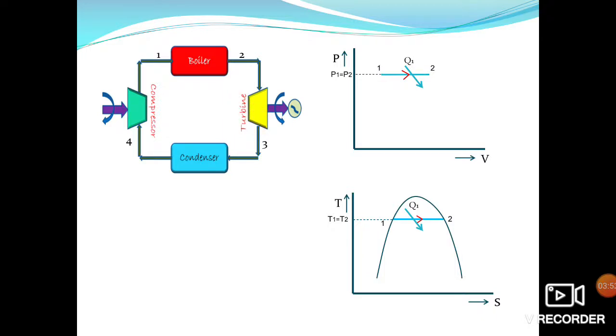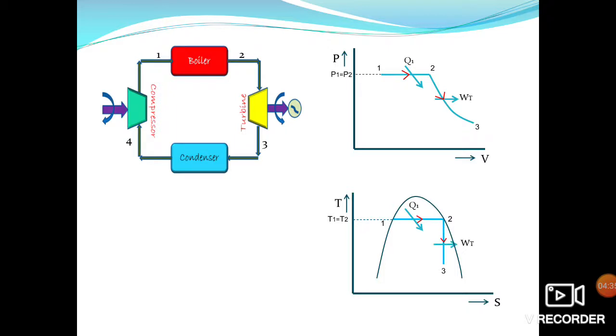So in turbine during expansion there will be drop in pressure and temperature. But the condition is that the process is isentropic. Isentropic means there is no heat addition or heat rejection. So whatever energy will be generated by steam, it will be given to the turbine and this turbine will give you work output. So this isentropic process will be done at constant entropy. So in PV diagram you see there is expansion from 2 to 3 and drop in pressure. But as this is at constant entropy, in TS diagram it will be a straight line.